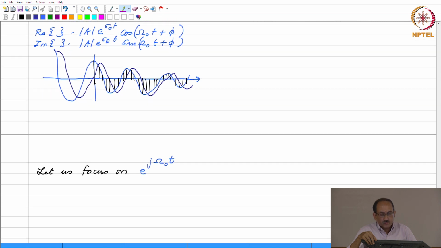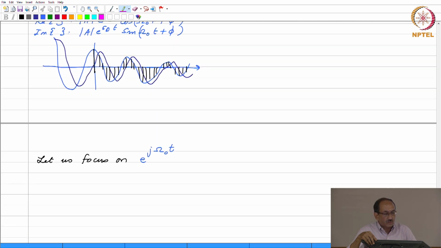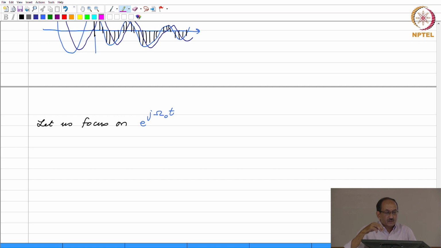Now, are there differences? To see what the differences are, we focus on e power j cap omega naught t. So, this is a pure complex exponential. And x of t plus cap T equals x of little t. That is, this signal e power j cap omega naught t is periodic with period cap T,